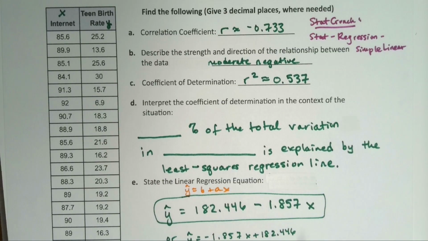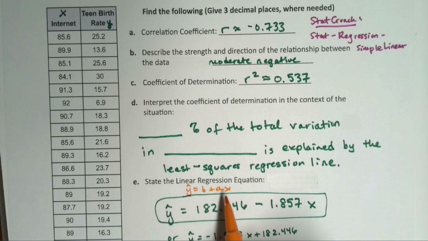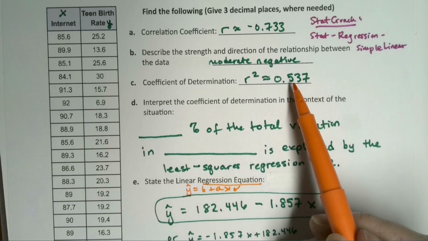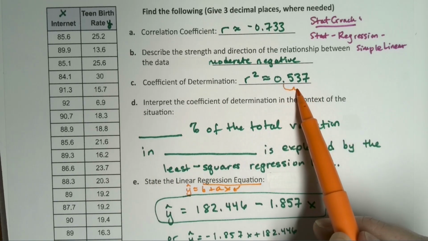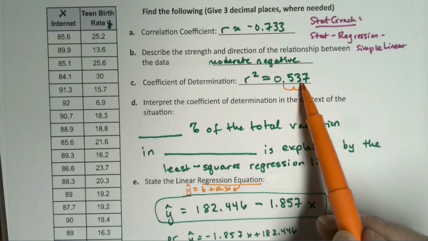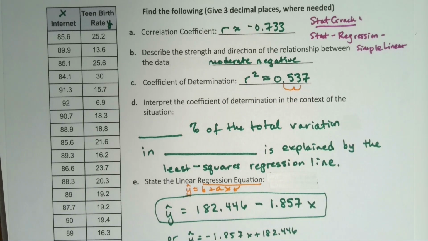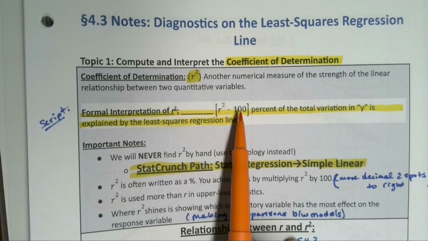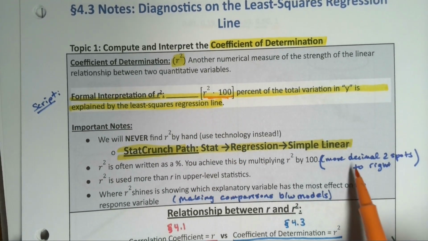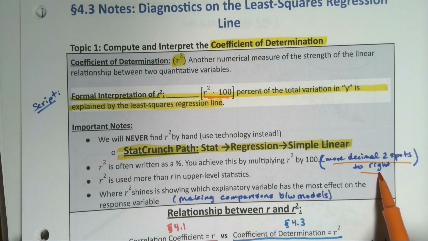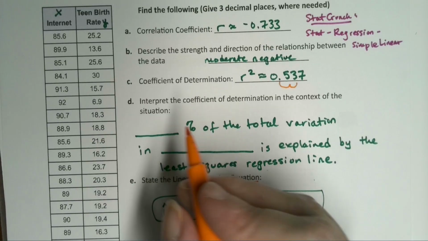There, I wrote it down on my paper and actually moved this over just a little bit so we can make sure we can see this. So we change our r squared from a decimal to a percent by moving the decimal 2 spots over. That's what it means when it says multiply by 100. That means move the decimal 2 spots to the right. Right? This piece right here is this piece right here. Okay, so we're going to move that 2 spots over. So that's